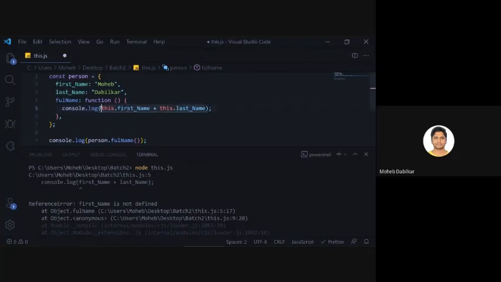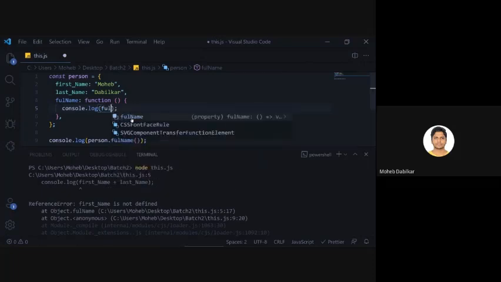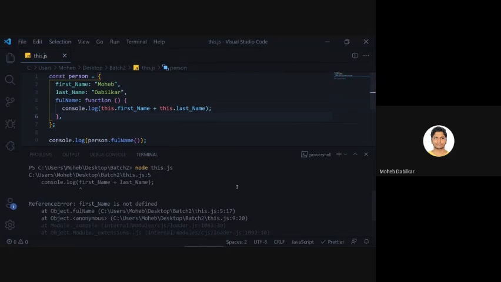If I just type first name, it still knows it, but once I hit enter, it will turn it into this dot first name. So this is used to access properties of the object inside a function. Now we have first name selected, and we will say this dot last name. It should work now.